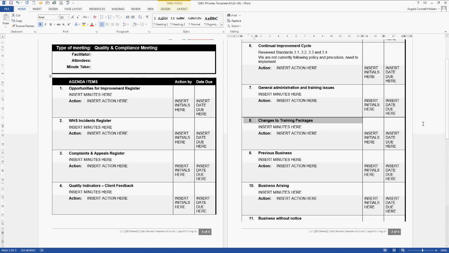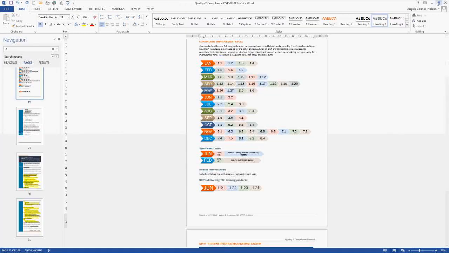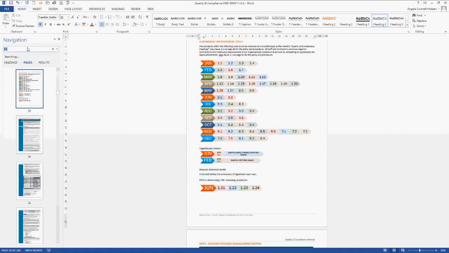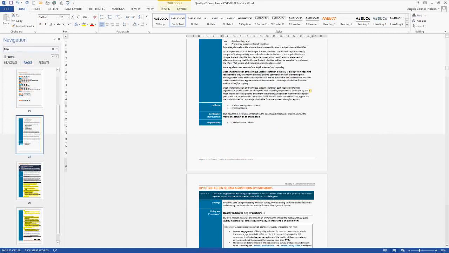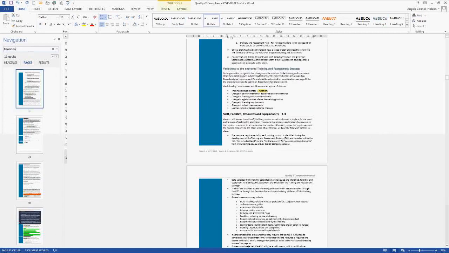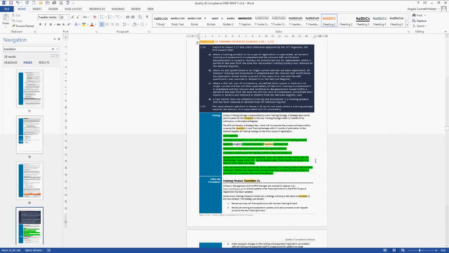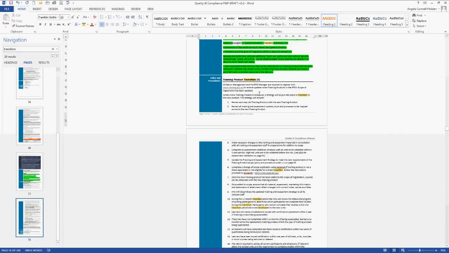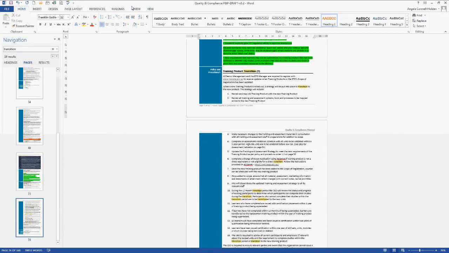But when it does change, then you can go in here and go, okay, there's been a change in training package. These are the qualifications on our scope that have been affected by that, and these are the action items that we need to do. And one of the first things that you're going to do is you're going to have to go to the policy and procedure and look at transition. So you need to transition from superseded training packages. So there should be a heading on that. Training package product supervision.